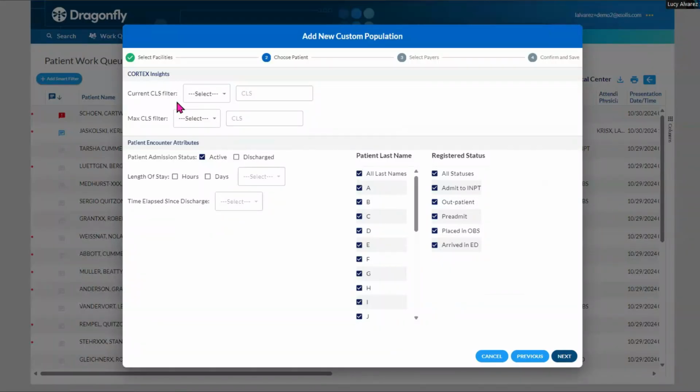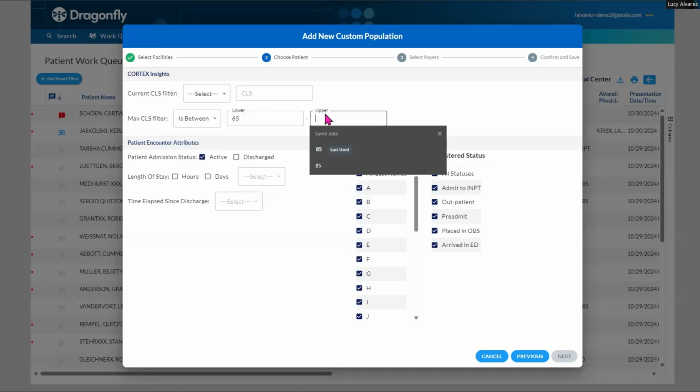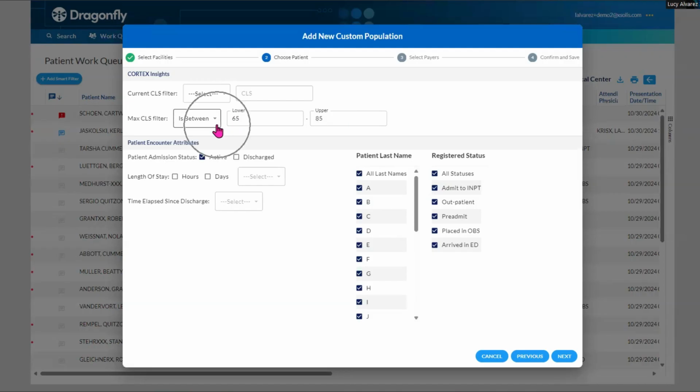Under Cortex Insights, if you're currently working using any CLS parameters, this is where you can set them as well. You do have the option here under the current CLS to choose is between, is less than, and is greater than. The same options will be here for the max CLS. As an example, I would enter here for max CLS is between 65 and 85. This is considered the focus point. Now this is just an example, so I will go back to is between, click select, and have those options